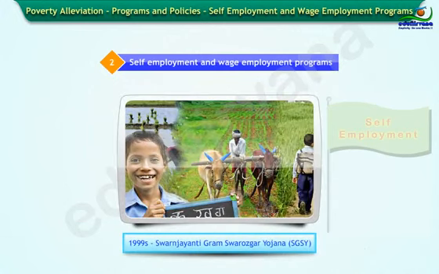Swarna Jayanti Gram Swarojgar Yojana (SGSY). Considering the shortfalls of the IRDP, the government replaced this program with Swarna Jayanti Gram Swarojgar Yojana (SGSY) in 1999.